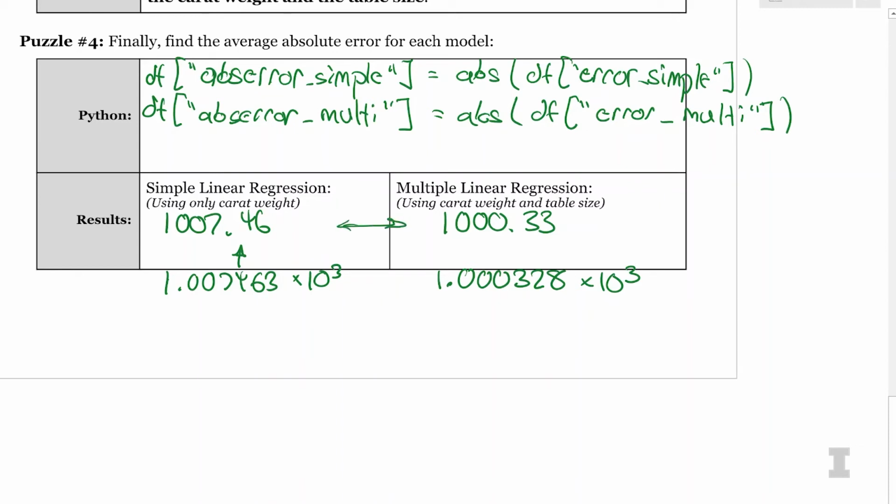So with the multiple regression, we got a tiny bit of improvement. Slight bit of improvement. The difference between these is 7.46 minus 0.33, so the difference in error is right about $7. So $7.13 it looks like. So out of $1,000 of error, by adding an additional variable, we get a tiny bit of improvement. But my prediction was pretty wrong. Yeah, it wasn't that much improvement. The table didn't really help us create a better model to increase our prediction accuracy for the price.